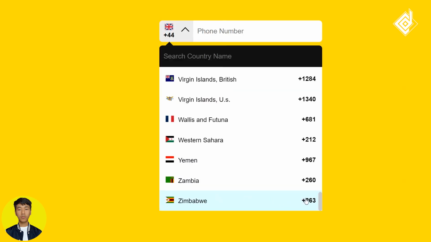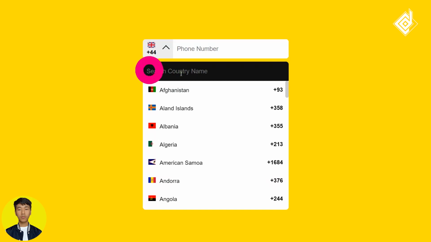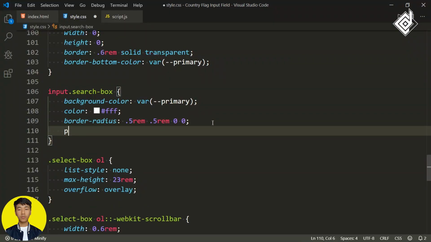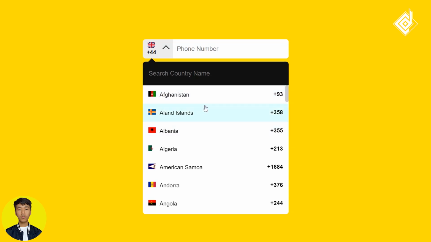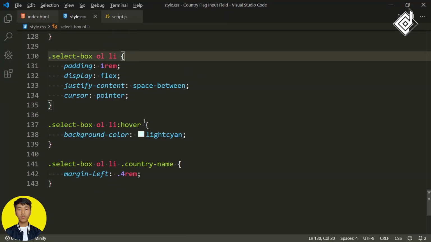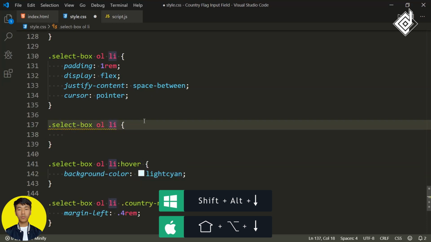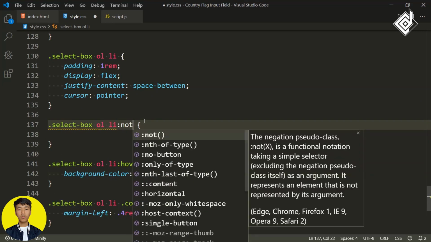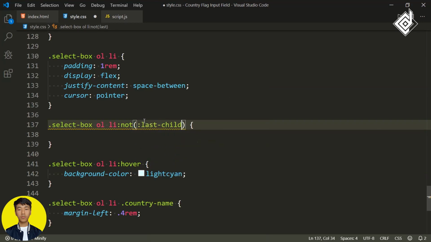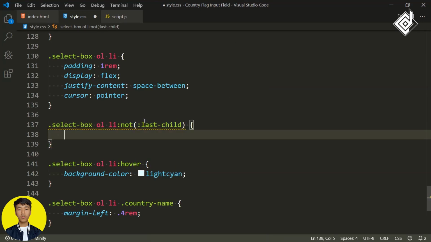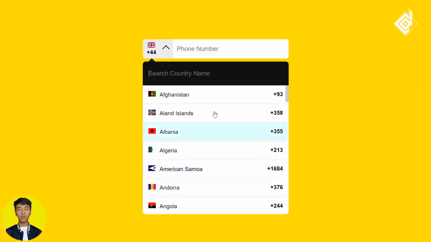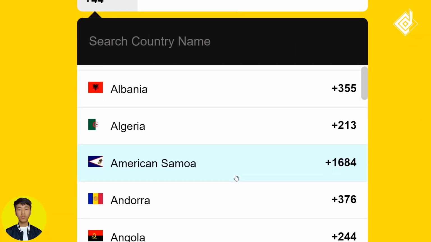Okay, I have noticed that for our source input box, we're not getting proper spacing. For that, let's give padding top and bottom of 1.4 rem, and for the left and right, 1 rem. So now you can see. And also, I think I need to give some border between our list items. For that, you can duplicate this list item code and bring it down there. Now for the list item, let's give the pseudo class not, and I'm passing the pseudo class last-child. For the list item, except our last list item, let's give border bottom. I'm giving a width of 0.1 rem. For the style, let's give solid, and for the color, I'm giving this light gray color. Now you will be able to see that border between our list items. I think now it's looking pretty good.